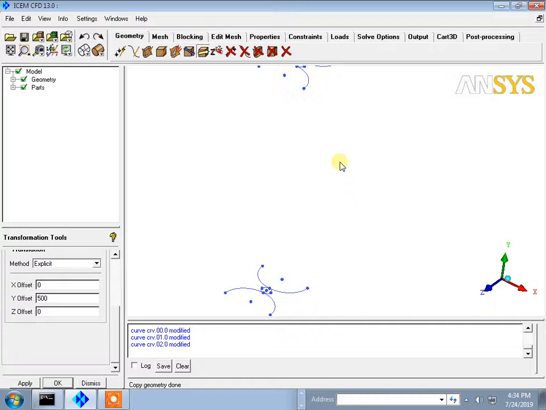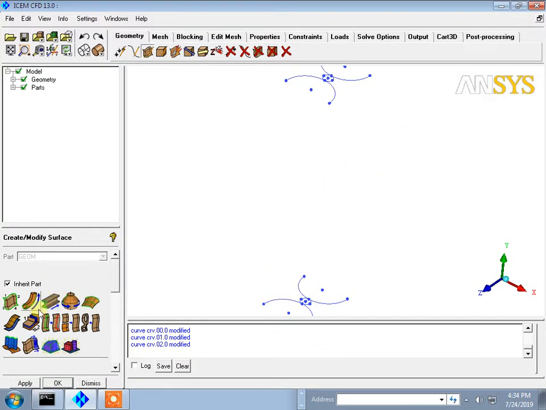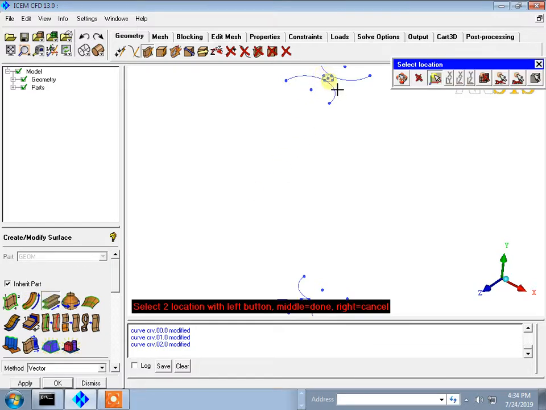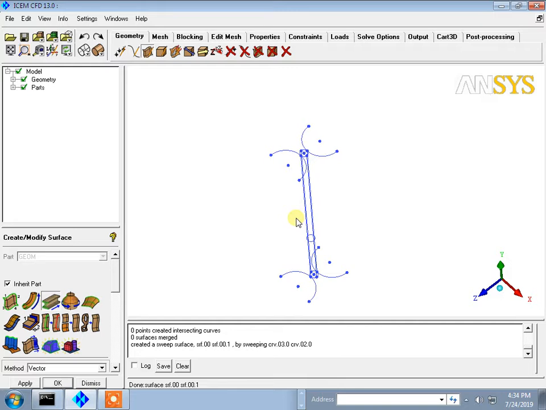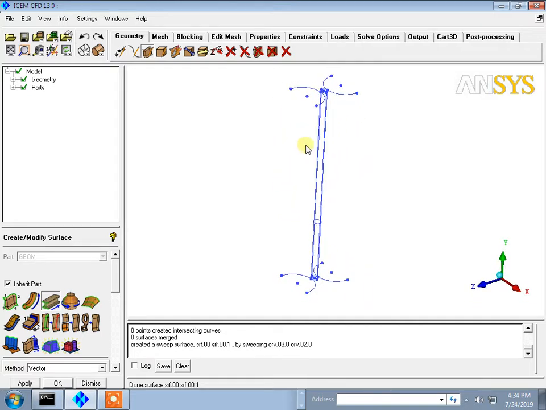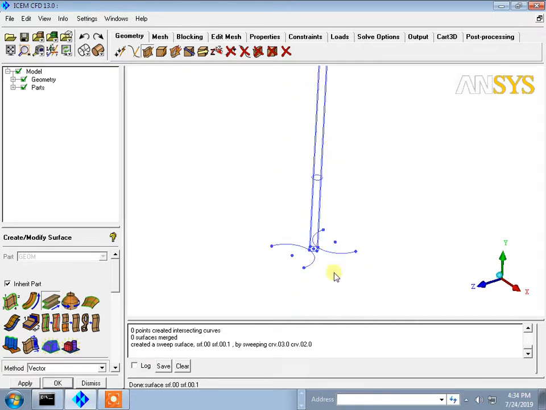Okay. So go to shift surface, this point to this point, it is a shift command, and suppose I want to twist